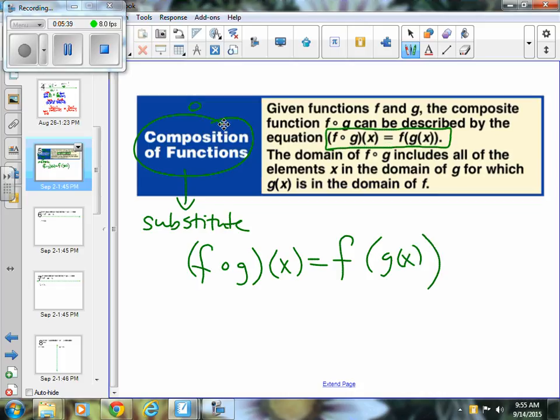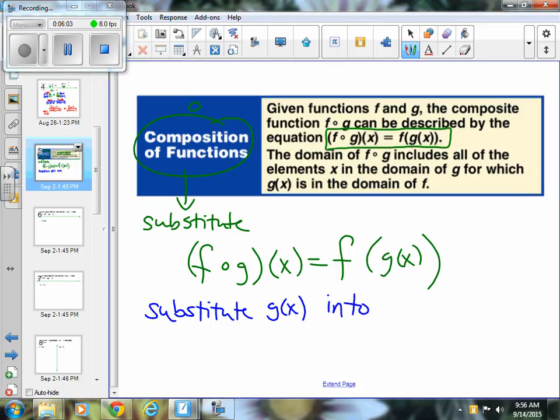So you know how to do function substitution or function notation. We did that last week. So like f of 7 or f of 12. You're taking that number 7 or number 12 and substituting in. Well, instead of substituting a number, you're substituting a rule. So I like to say it in words, so maybe that will help clear things up, and we'll do an example. So you substitute the function g of x, that whole rule,